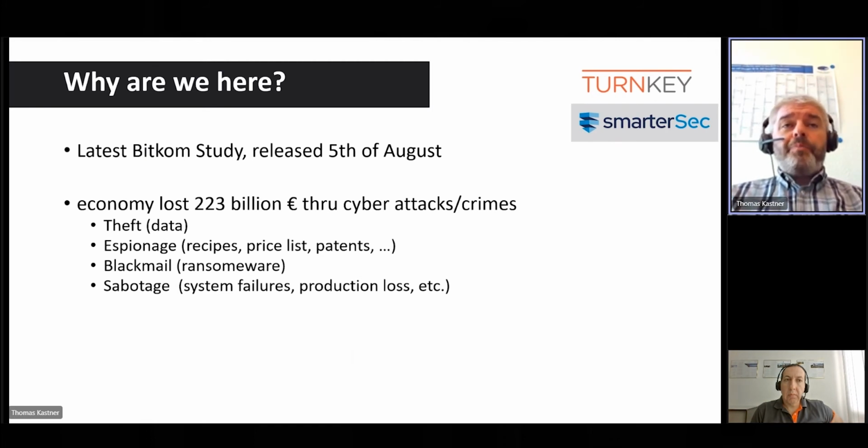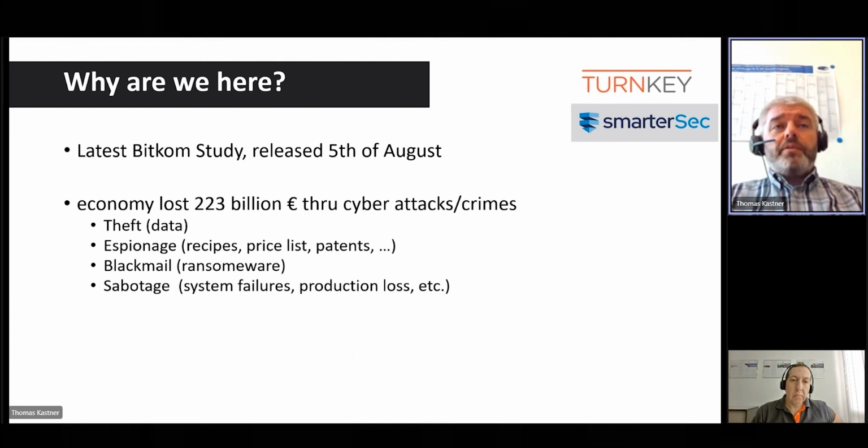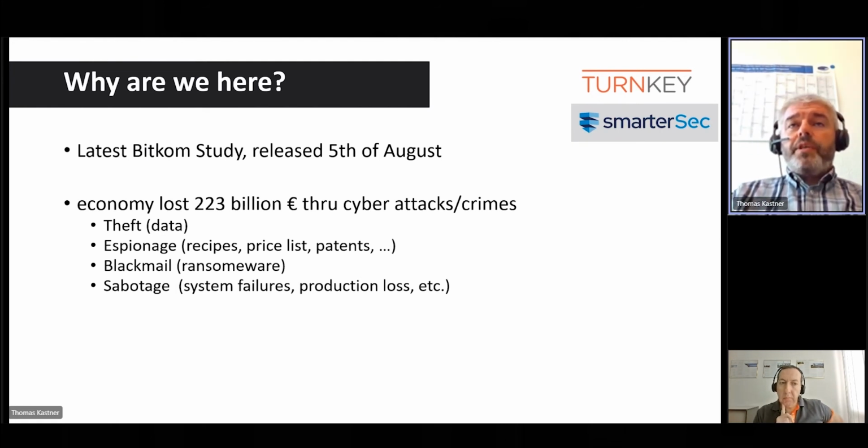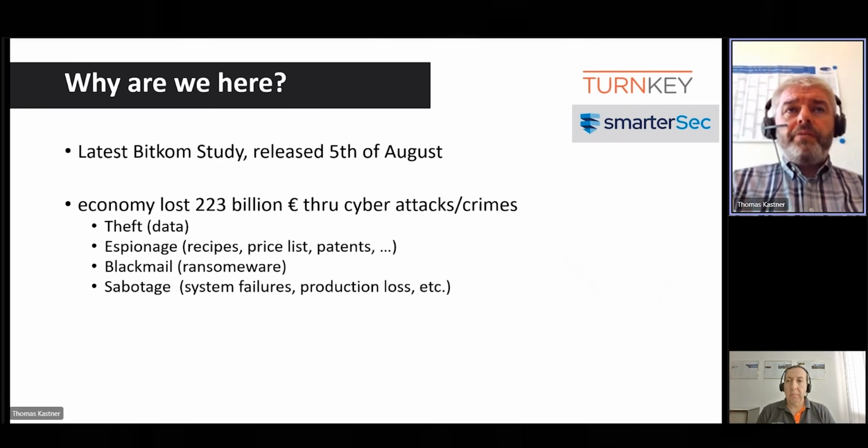Taking away patents, recipes, price lists, that's covered under the umbrella of espionage, and also simply data thefts, taking away credit card data, user data, passwords, to break in future.